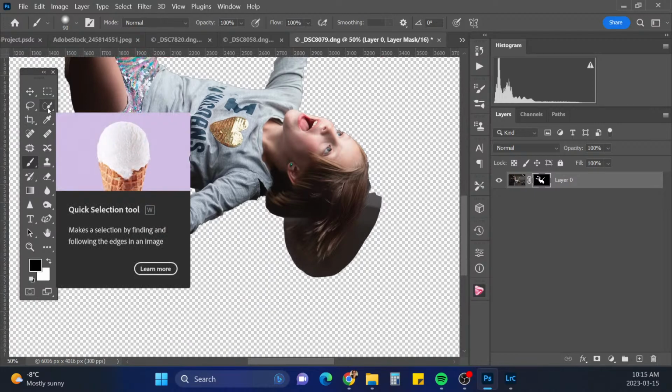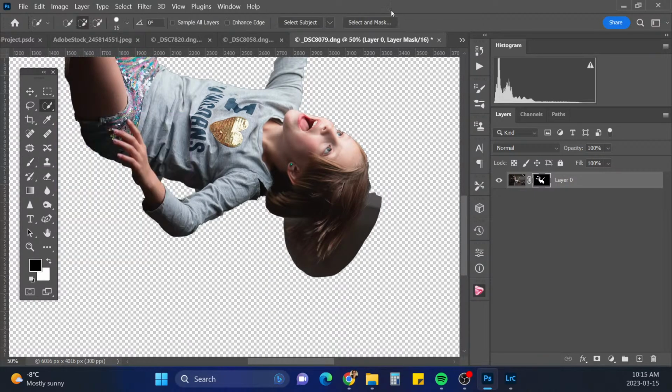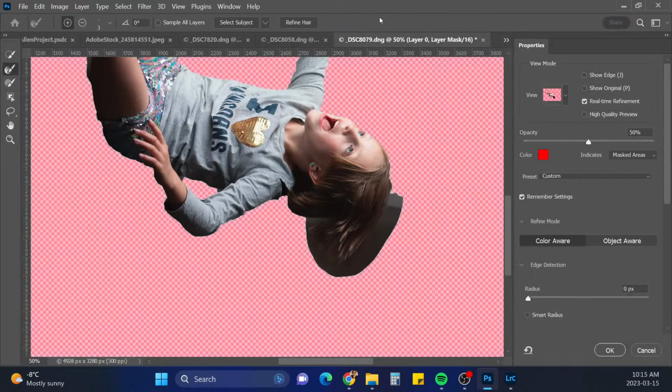Let's choose the select a mask. Oops, what is going on with that? Bring that back in a little bit there.